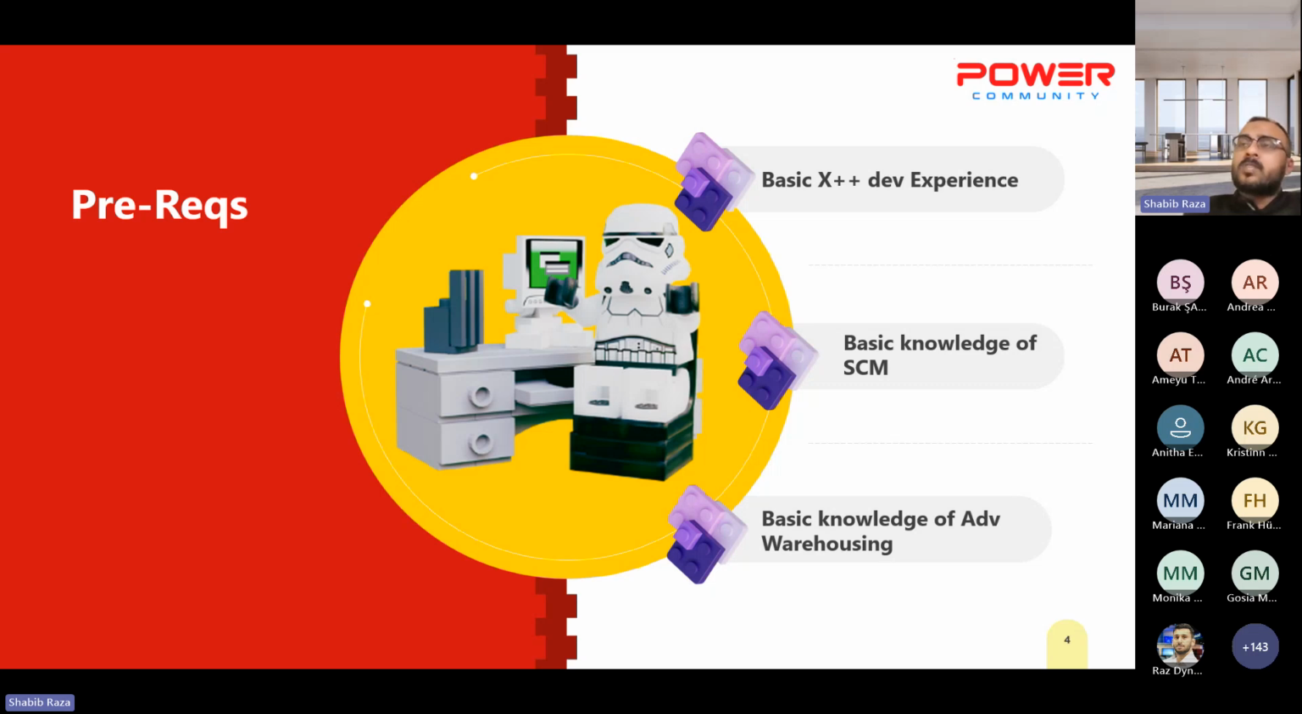I have set some pre-assumptions as prerequisites. The prerequisite for this session is just basic X++ development. I am not expecting beginners to have knowledge of SCM and advanced warehousing for now. To understand this session, you should have basic X++ development exposure, which means that you know